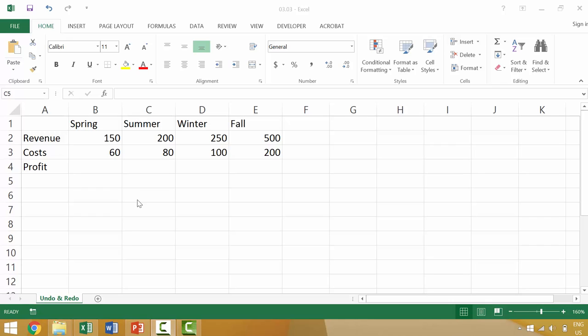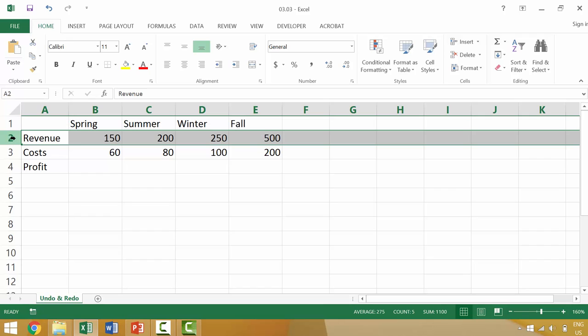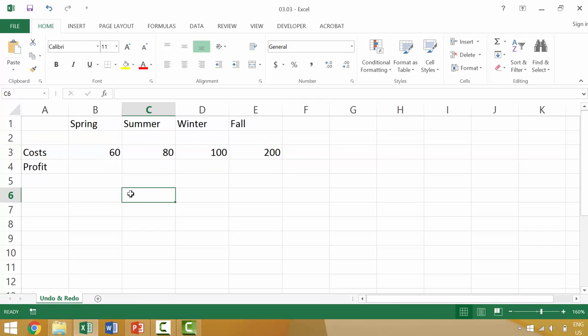So say that we were in Microsoft Excel and we wanted to delete these 3 or 4 values. Now, if I were to click here, I would highlight the whole row, and if I were then to hit delete, it would delete the label of revenue as well as these individual items. And maybe that's something that I didn't want to do. So I could go back and I could type revenue here, but there's a specific way to address it by